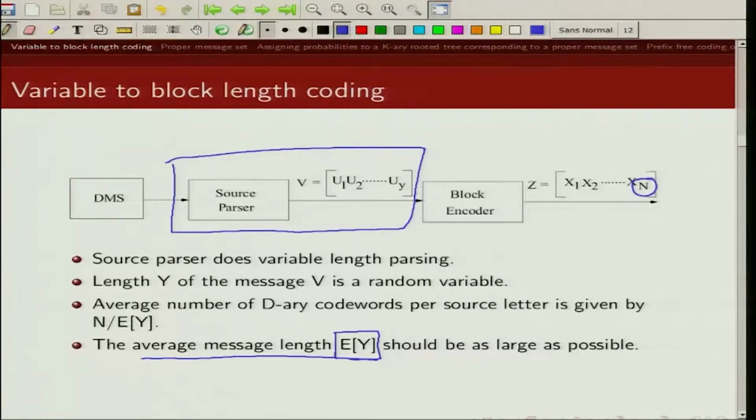So I get compression by mapping large blocks of input data to this code word of length n. So I would like to maximize my expected value of y, and so I have to design my source parser, which will parse this input stream into blocks of data,